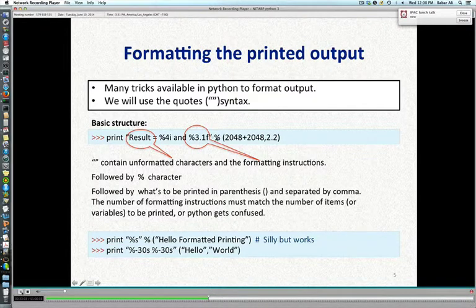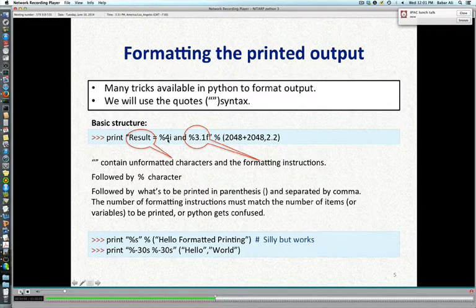After the quotation is finished, Python is expecting another percent sign, and that tells it in order which argument belongs with each one of these percent signs. And when the print statement happens, these percent signs and the arguments next to them are replaced by the values that are at the very end here, formatted according to the instruction given in the percent sign. So in this case, what it's going to do is take 2048 and 2048, and the first thing it's going to do, because Python is, at its heart, a calculator in a way, is add these two numbers together and come up with 4096, and then print it and say result equals